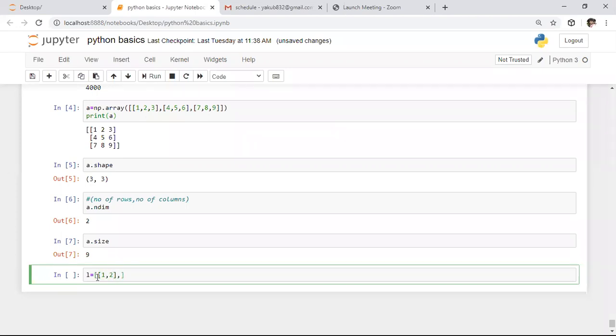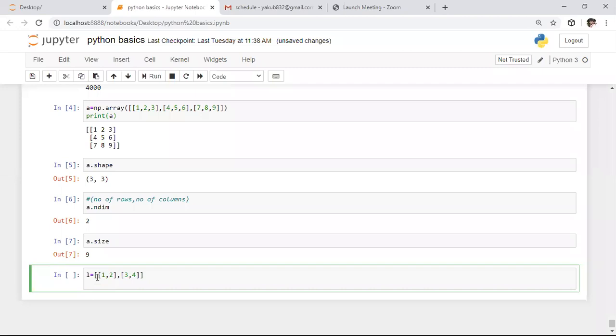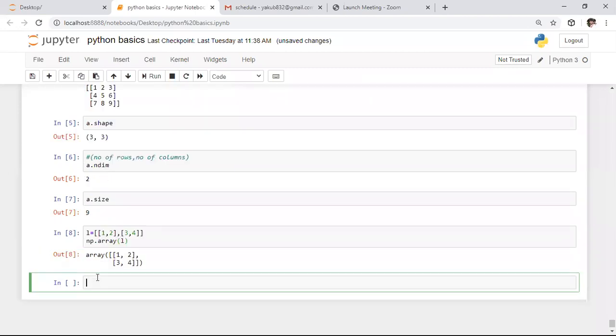After this, I'm taking one more list, in which I am specifying 3, 4. Then I want to convert this into a numpy array, so I'm saying np.array of this list. Whenever you observe the output, this list will be converted in the form of an array. This is the very basic way to convert any list into a numpy array.